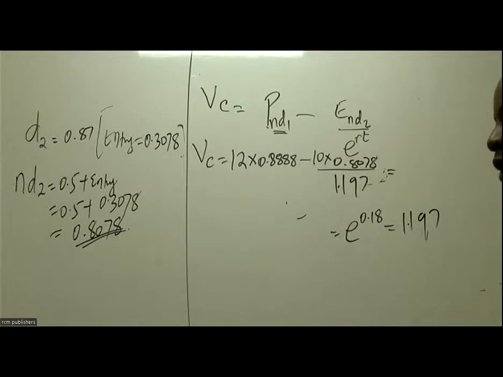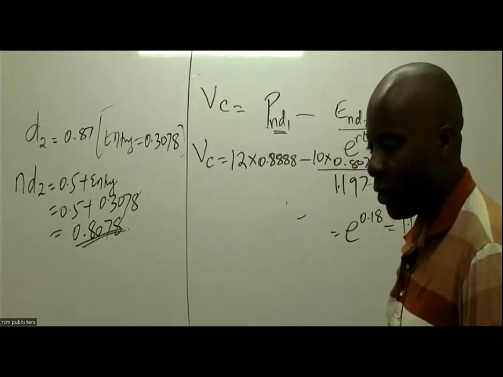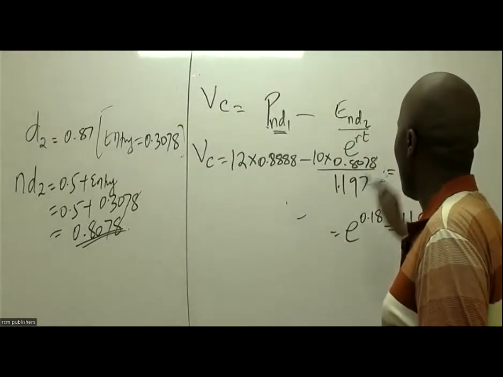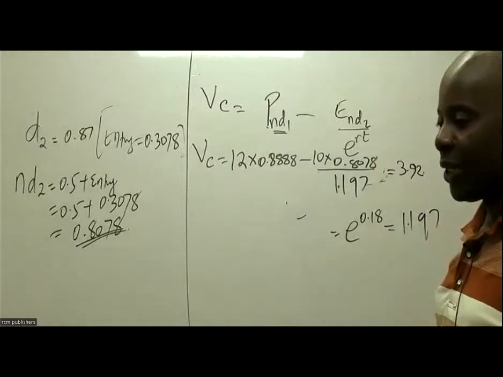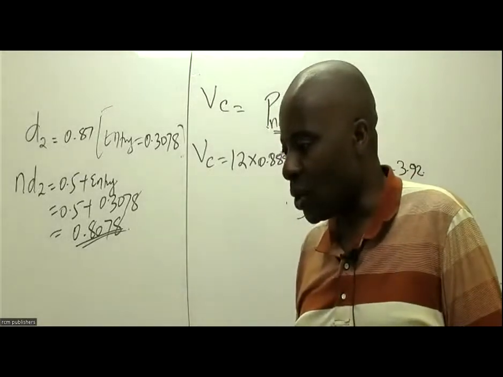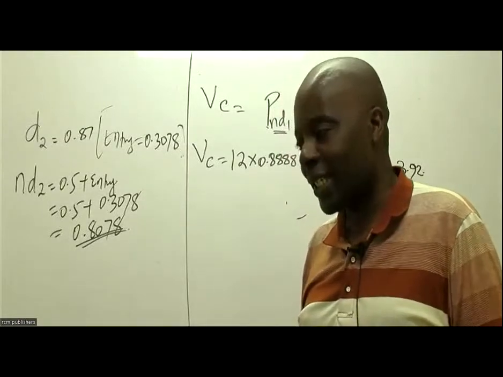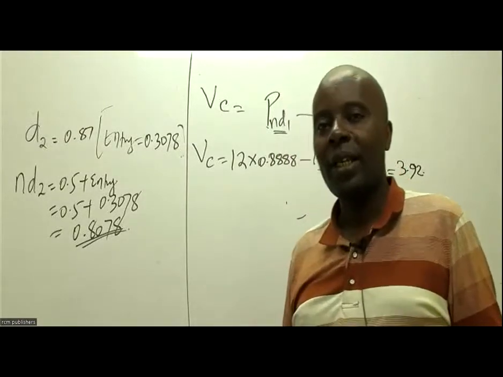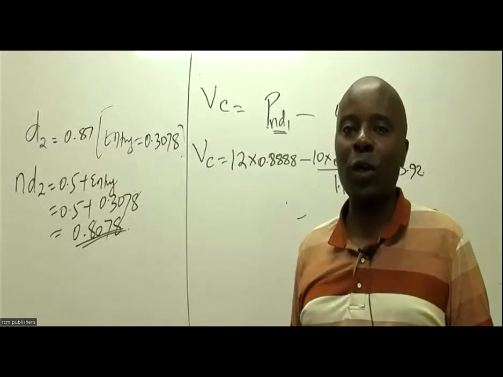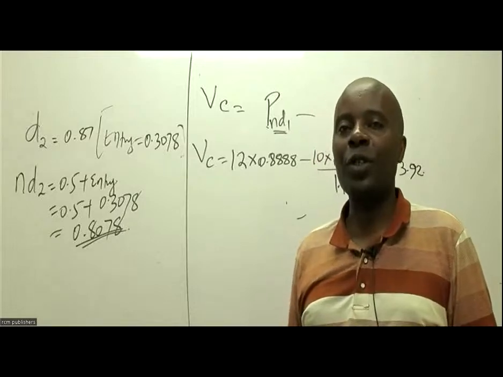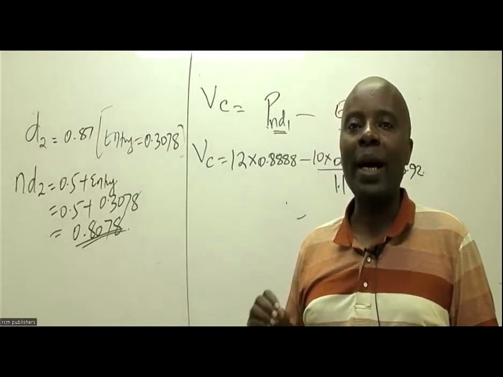Give us the value of a call option. So Lucy gives me a figure of 3.92. So in situations where one is not sure whether it's a call or put option and you compute both, yes, you are a bright student, Bernard. In situations where you are not very sure, what should you do? Compute both. And then, of course, the examiner is always required to mark the correct one.